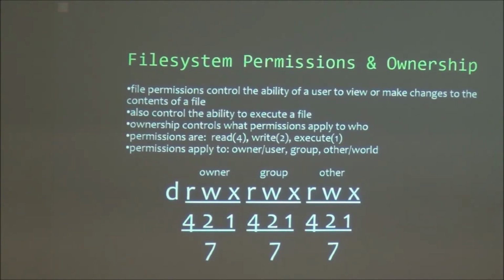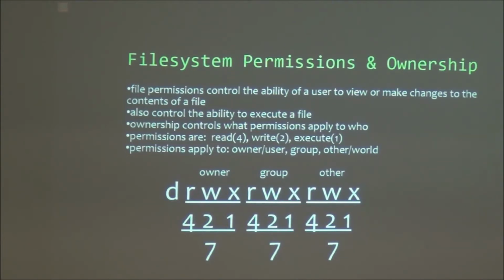If you have execute on a directory but you don't have read, you'll be able to get the names of the files, but you're not going to get any other information about them. And then obviously write lets you create new files, rename them, and delete files from the directory.